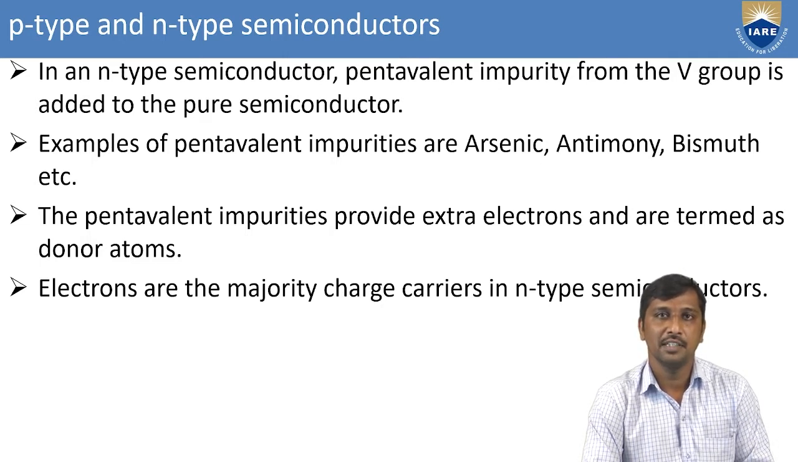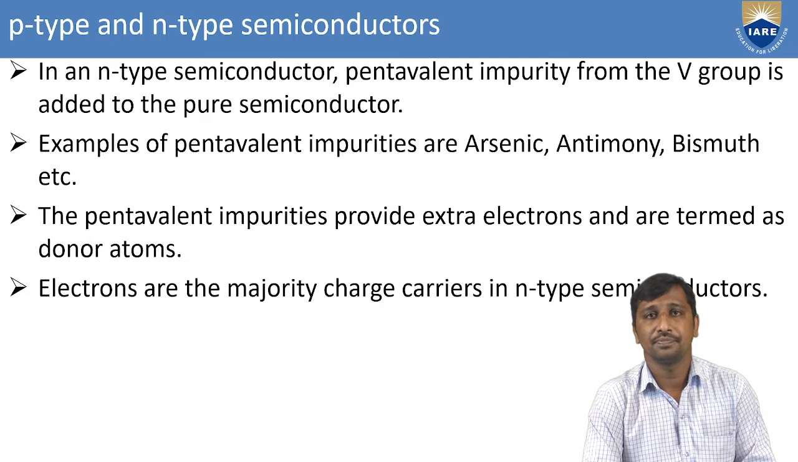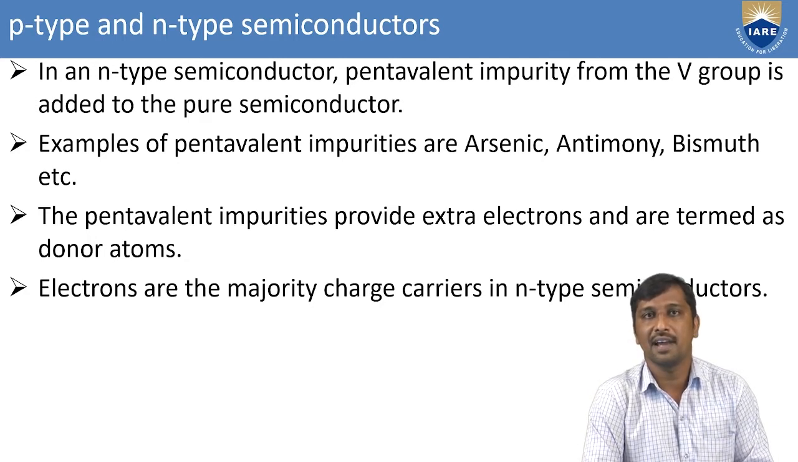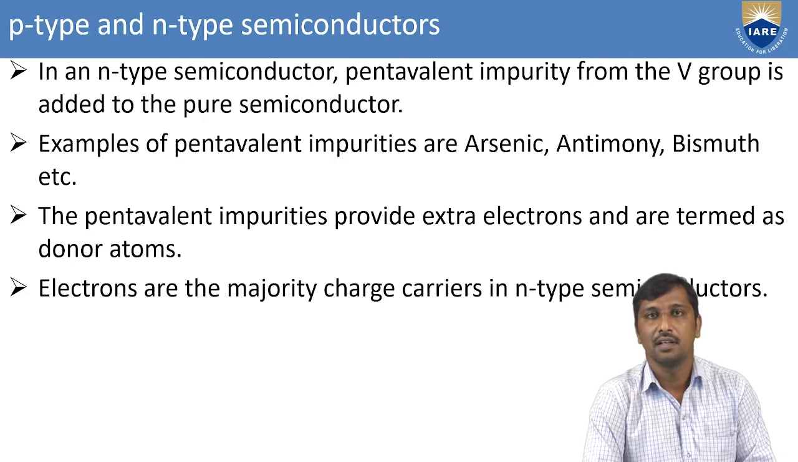While doping the pentavalent impurities into the pure intrinsic semiconductor, it creates a larger number of charge carriers in the form of electrons. And here, these majority charge carriers are electrons. Why? Because these are fifth group elements, which have five valence electrons in the outer valence band. So when we are doping these fifth group elements, or pentavalent impurities,